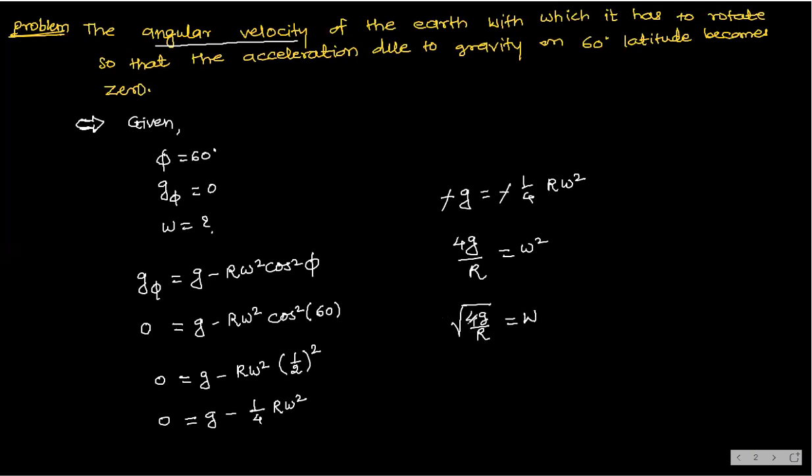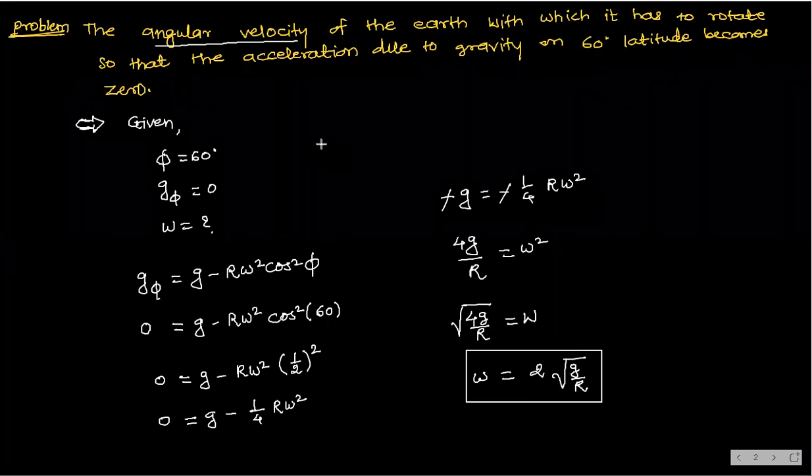Now shall I take square root of 4 outside? How much? 2. 2 root g by R. Where is 3? 3 is not there. R, that is. Is it looking like a 3? R only, sir, not 3. Sir, we shouldn't put R value? No need, no need. That's it.